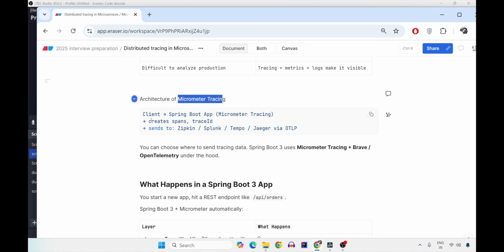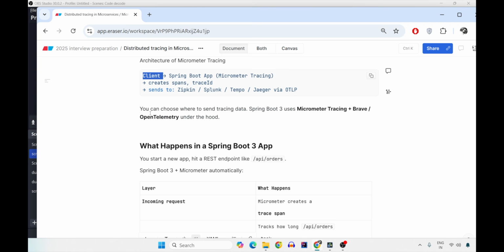Okay, so you are a client. Suppose you are ordering something from, say, Amazon. So there is a Spring Boot app with Micrometer Tracing built into it. It creates the trace ID, it creates a span ID, it creates a proper log, it sends to Zipkin or Splunk. So you choose where the tracing data that you have collected using Spring Micrometer Tracing should go, that is, the backend. You can use a bridge, that is the Brave engine or the OpenTelemetry engine, to send all these logs, metrics and traces to a particular backend called Splunk or Zipkin